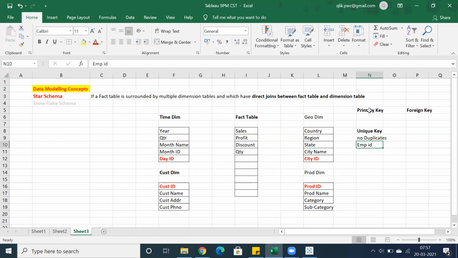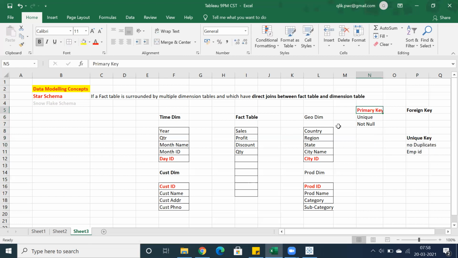But if you set that particular employee ID as a primary key, then that is unique, meaning no duplicates, and it is not null. So primary key is nothing but unique and not null. Very important.